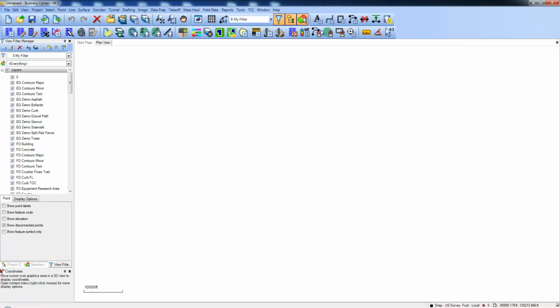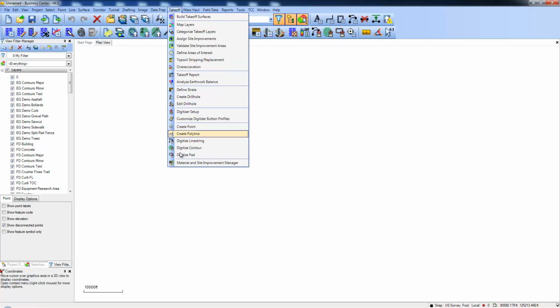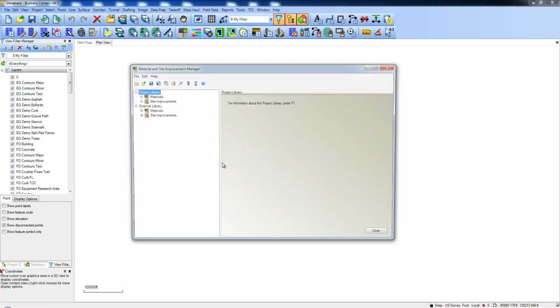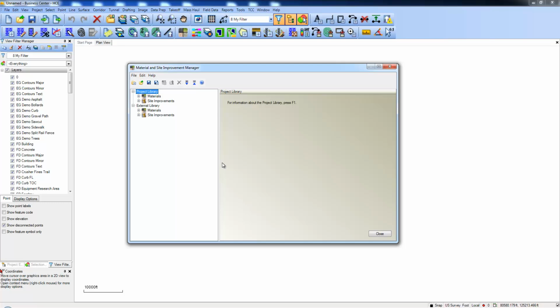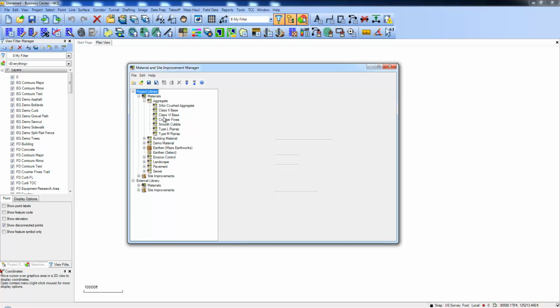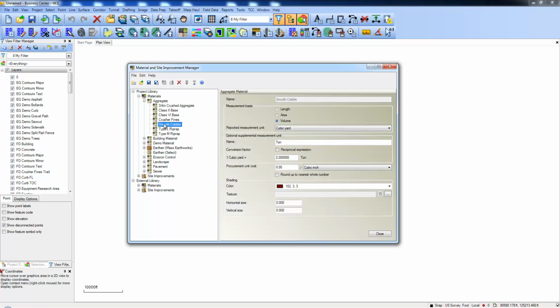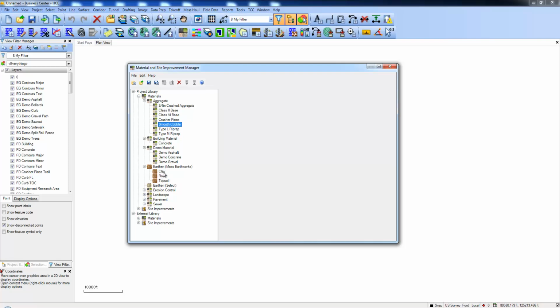The Materials library can be found through the Takeoff menu, Material and Site Improvement Manager. For this template, we've embedded a library of materials and site improvements, or alternatively, you can select an external library. We can scroll through the materials and see that we have aggregate type of materials and associated properties, building types of materials like concrete, demolition materials, earthen materials, so that when we start to calculate the earthworks, we have